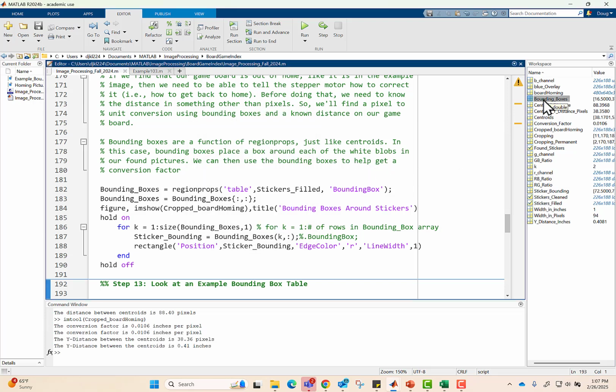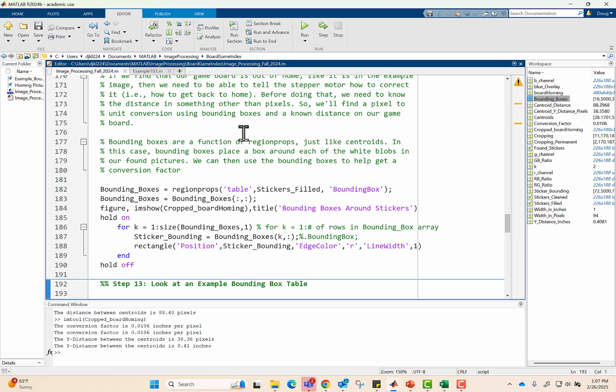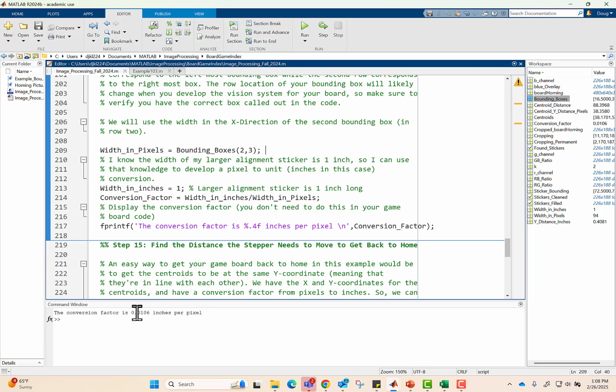And so this bounding boxes variable we just developed, it's giving me my top left X spot, my top left Y position, and then this is my width in the X direction and my height. And so I can just know that this is my 1 inch piece, and I can pull out this value to work with. And note it's a very similar number to the other one we had. Then what's going to happen is I can go in, I can pull out that value for the second item, that third column, and I can develop my conversion factor for it. So I have that my conversion factor is